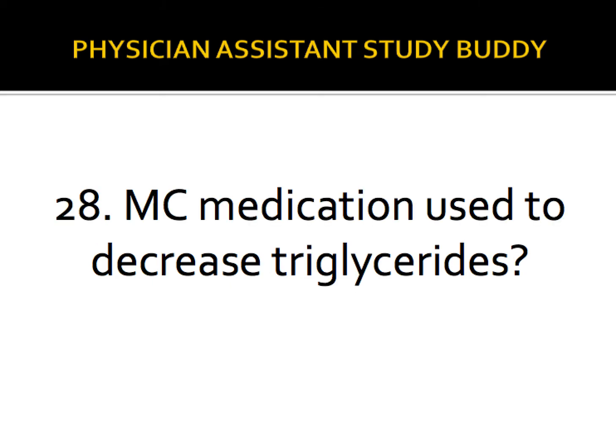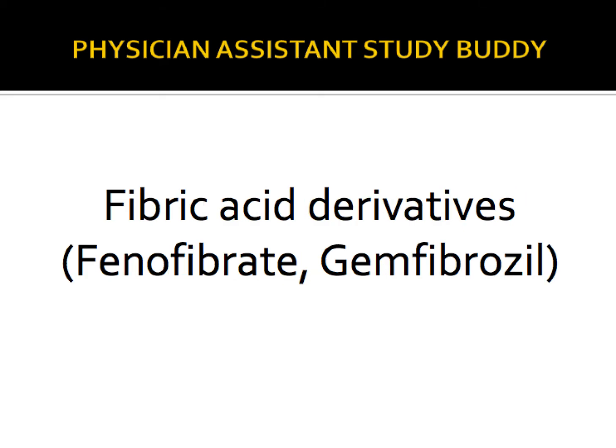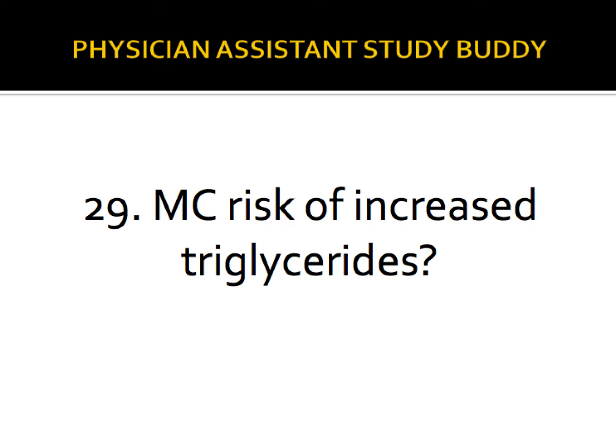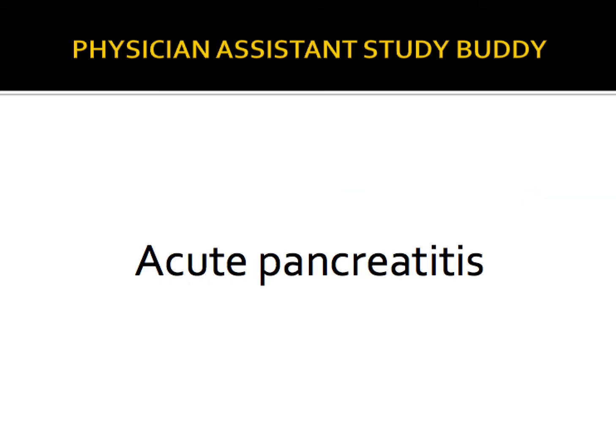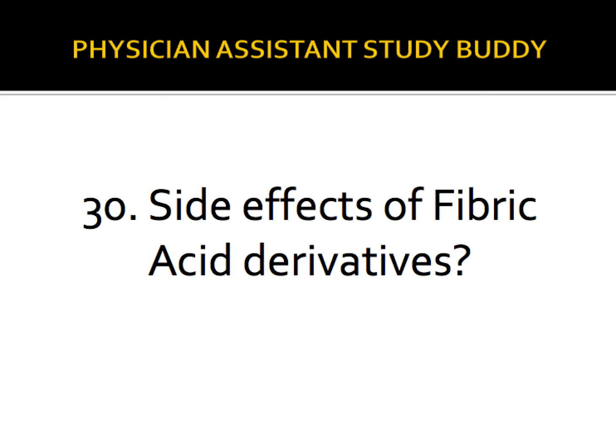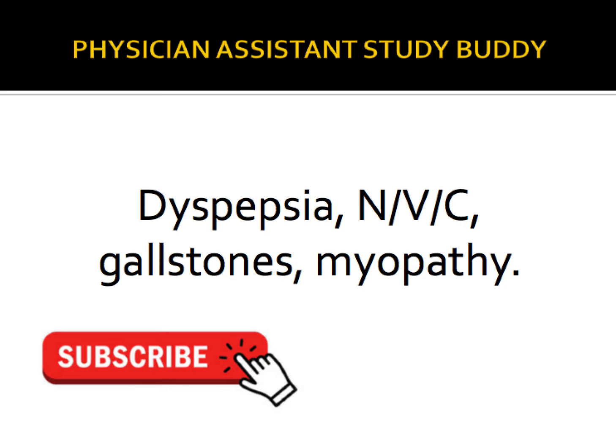What is the most common medication used to decrease triglycerides? That would be fibric acid derivatives: fenofibrate and gemfibrozil. Most common risk of increased triglycerides: if a patient has super high triglycerides, they are at increased risk of developing acute pancreatitis. What are the side effects of fibric acid derivatives? Dyspepsia, nausea, vomiting,